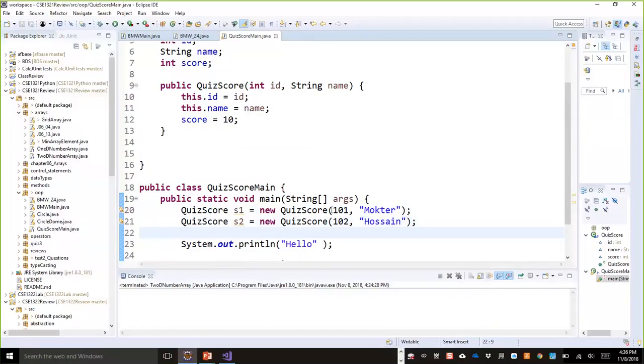Different students with different ID or different name, but still I have score equal to 10. Right? And default score is 0. Right? Okay, now think about the situation if my student makes a mistake in a test, then I will give 1 point